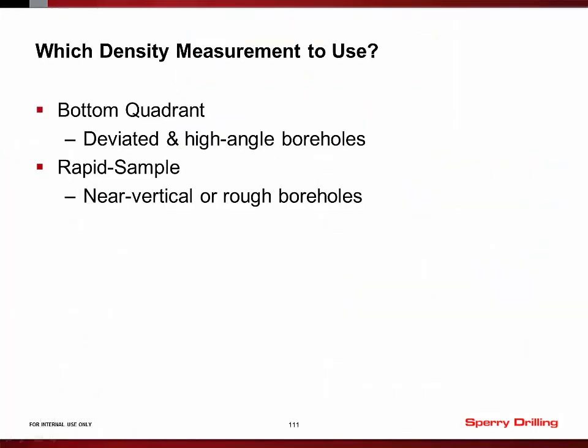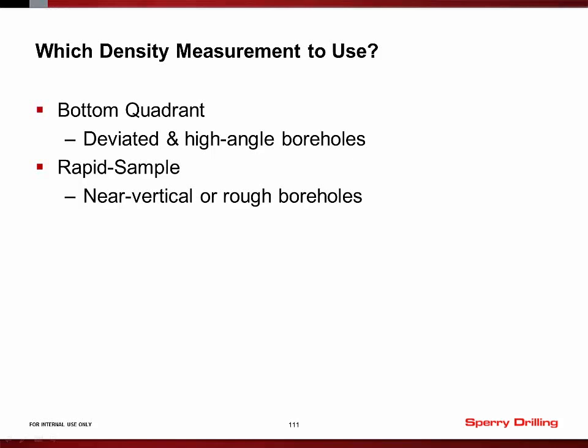But there will be some cases where you don't necessarily need or want to use an image. We want to present what we regard as being our best density curve for a particular situation. In that case, what we recommend is that the bottom quadrant density is used in most cases where the well is deviated or in high angle situations. The reason for that is that the bottom quadrant is going to have the minimum standoff for the most part. The tool tends to lie on the low side of the borehole, so the minimum standoff is going to be